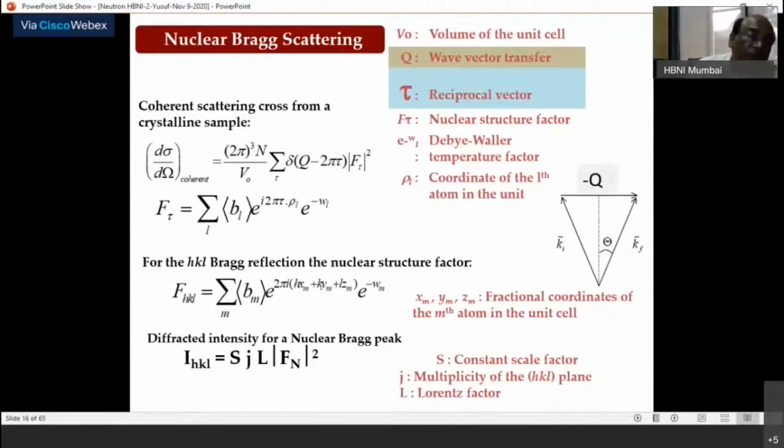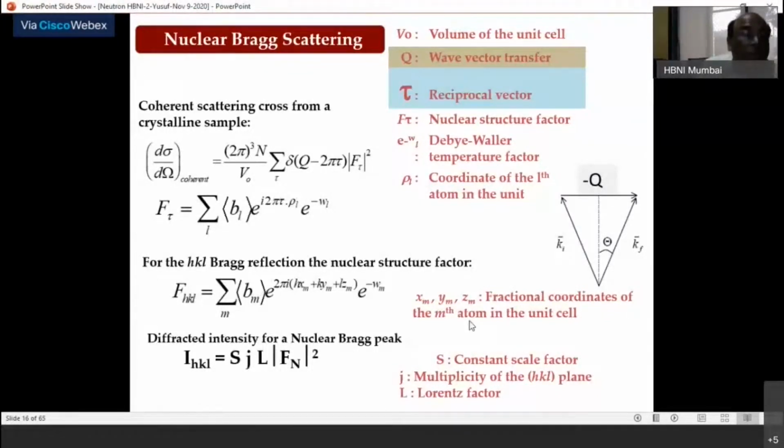But what is more or less unknown, and what you will be extracting out of this experiment, is this one. That is the structure factor, where everything is, because that will tell you where these atoms are sitting. This will tell you the value of b. This will tell you, in the magnetic case, the value of the magnetic scattering length p, that means what the moment is. So this is what is of importance to us when you do the actual experiment.